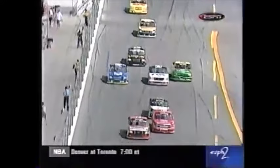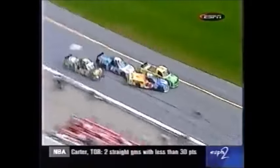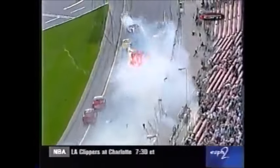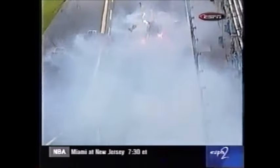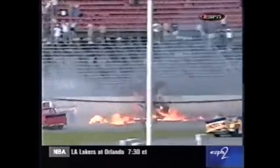One more angle. The green car goes down. He and Kurt Busch go up and they touch the 46 of Rob Morgan, and in the outside retaining wall goes Jeffrey Bodine. The truck comes totally apart. You'll see the motor flying off there on the left upper portion of your screen. It ended up about 300 feet further down the track. One more view. Look how high you